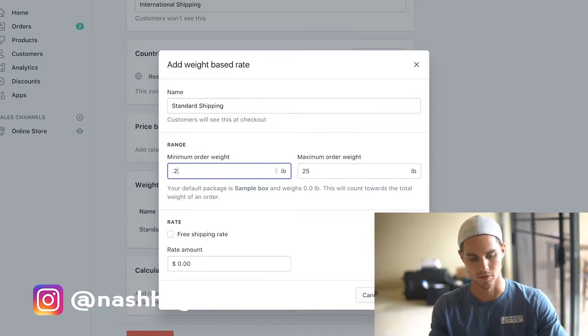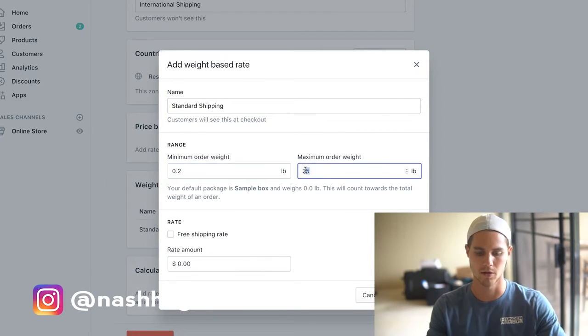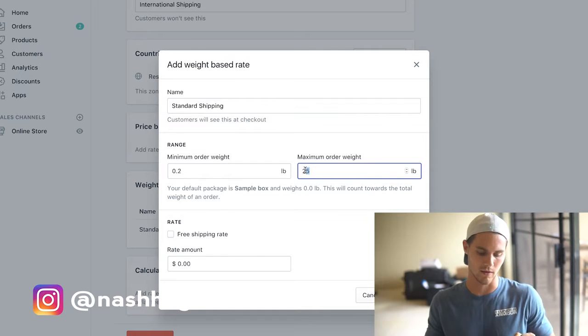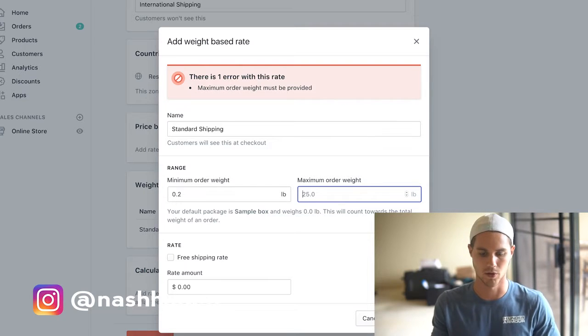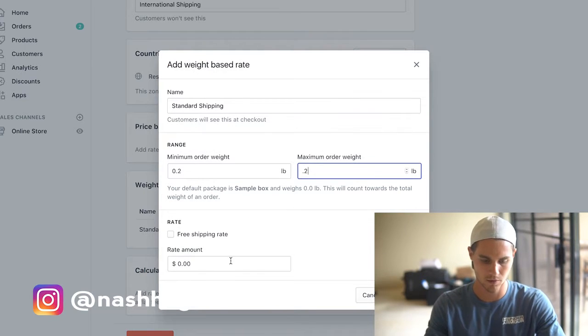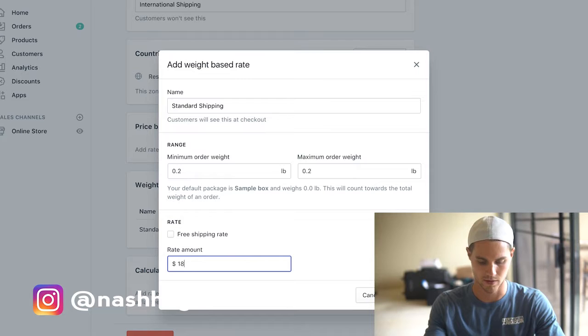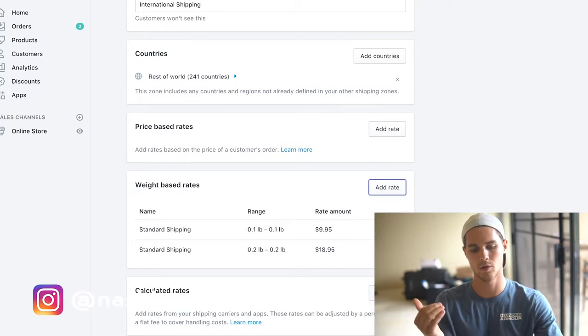Now we're gonna make it for 0.2. So if the product is 0.2 pounds, which, how do you get 0.2 pounds? It's basically if you have 2 free plus shipping offers, right? Because 0.1 plus 0.1 equals 0.2. So if we have 0.2, then I usually just double it. So we'll say like $18.95, right? And then so on and so forth. And you do that all the way up until